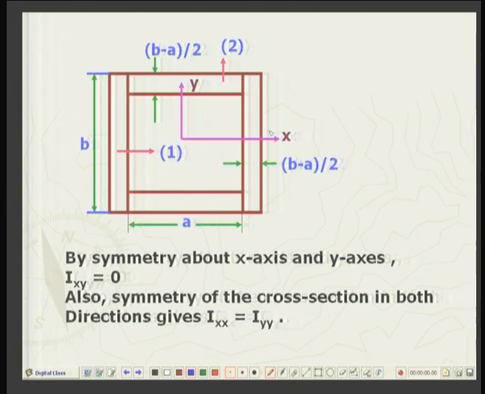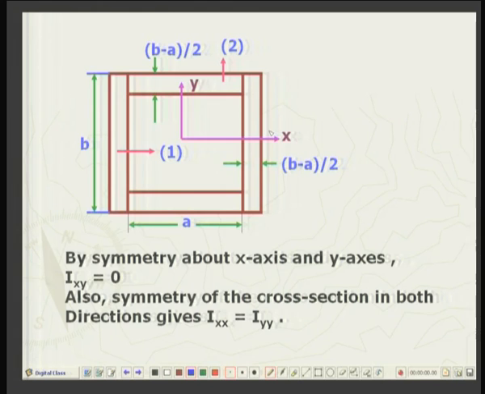Also, as I said, it is a square body from inside as well as outside. So, whatever I get for Ixx, if I rotate it through 90 degrees, I will get Iyy. So, there will not be any difference, right, because of the symmetry through 90 degrees. So, my task is very simple, much simplified, namely we will have Ixx is equal to Iyy, and about the symmetry axis, the product of area is 0.